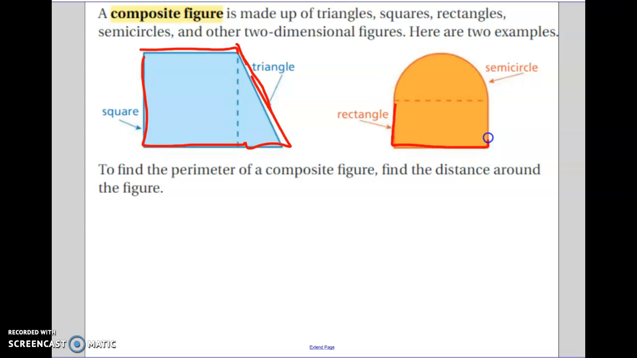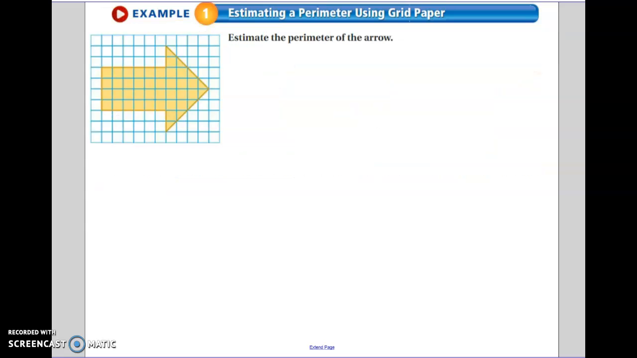So again, if this was your rectangle and that's your semicircle, your perimeter is not going to be that stuff on the inside. So sometimes you're going to have to remember to take that part out of your calculation. I have a couple of examples of how to estimate using graph paper. I think this part is pretty self-explanatory. You can just count the